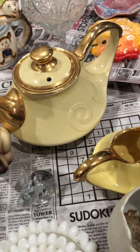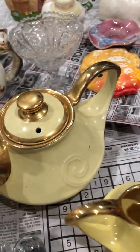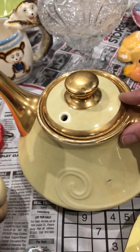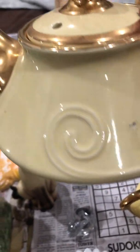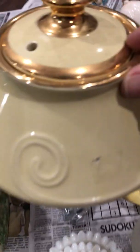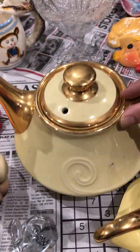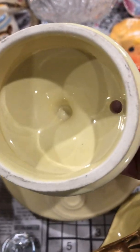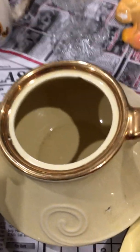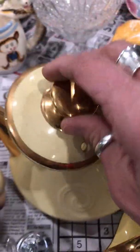These right here say they are 22 karat embossed teapots, and they're so heavy. I love them. I cannot wait to clean these up. Wow, keeping it real with that sneeze. I'm probably allergic to half this stuff. Oh, that needs a bath really bad. But this thing is so heavy, and who does not need a 22 karat gold teapot in